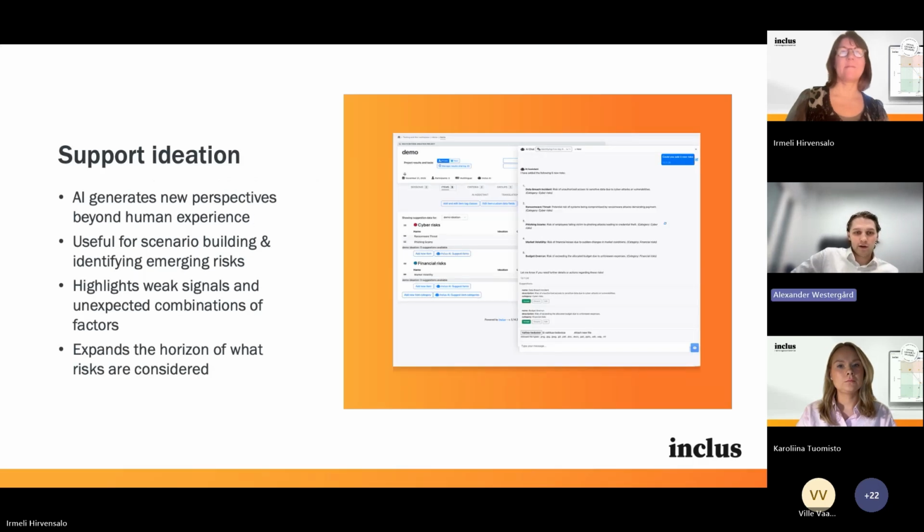So another feature we find here is that we can also support ideation. Many people think that one of the main risks with AIs is hallucination, which is true. It is problematic. We always need to have some evidence behind our risk management, but of course we can also utilize